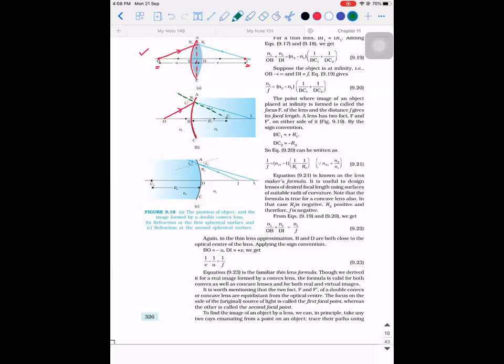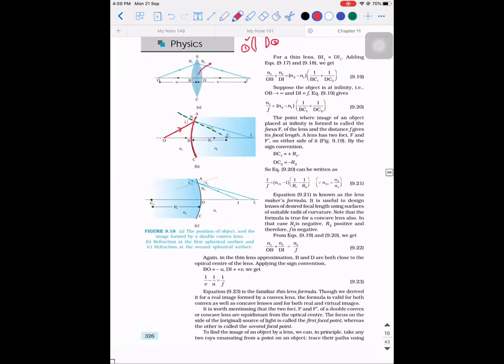So what I'm trying to say is, tell me the first ray is undergoing refraction at which surface? It is undergoing refraction with respect to the convex surface, right? So let's say the refractive index of the material with which that particular lens is made is mu. And let's say the outside medium has a refractive index of 1. Are you guys able to understand? Yes, sir. So now tell me, is the ray traveling from rarer medium to denser or denser to rarer? Rarer to denser.